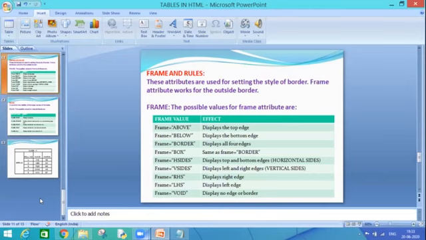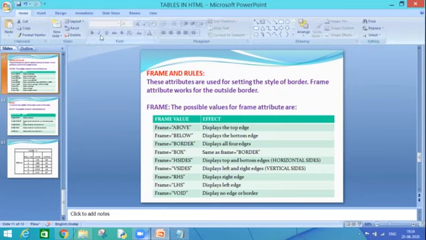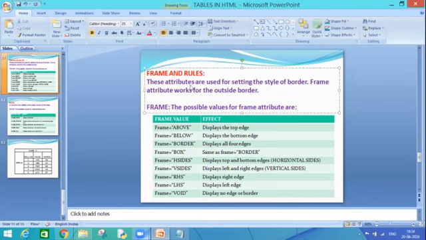This is frame and rules. There is another attribute in my table. As of now I have assigned the border to my table and I have assigned the border color also to my table, but there are some more attributes like the frame attribute and the rules attribute which change the appearance of my border also. How? Like if I talk about MS Word or MS Excel,